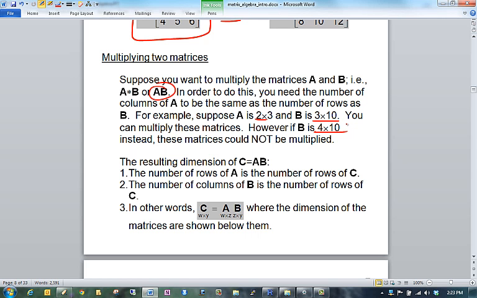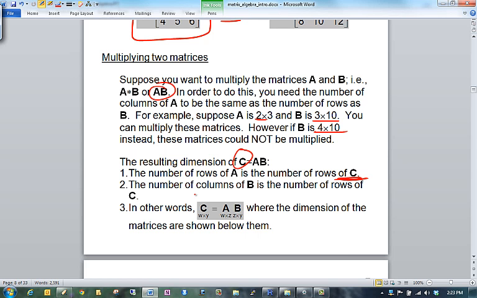So we know when we can multiply A times B, but what is the result? What does the resulting matrix look like in terms of size? Well, how about we call this resulting matrix C, just to be general. The number of rows of C are going to be the same as the number of rows of A. Also, the number of columns of C is going to be exactly the same as the number of columns of